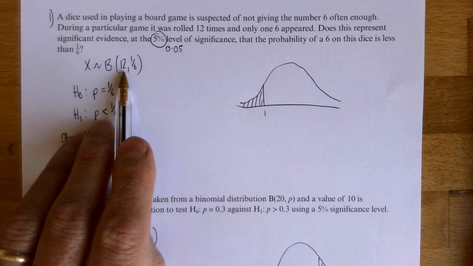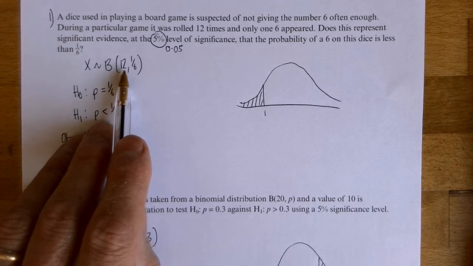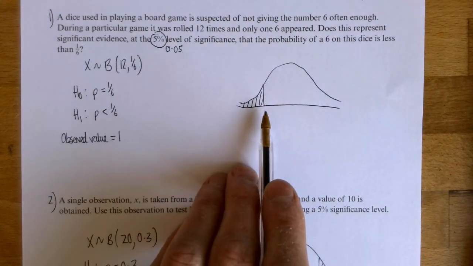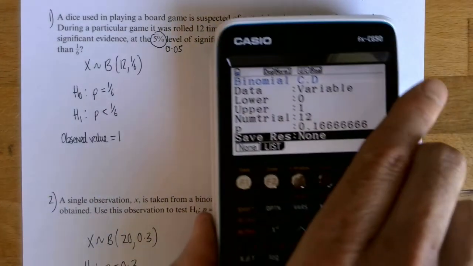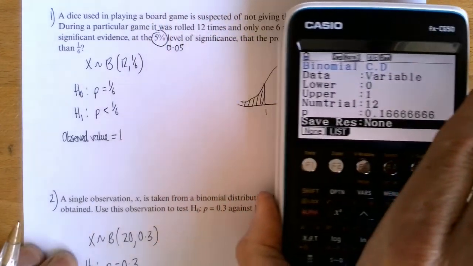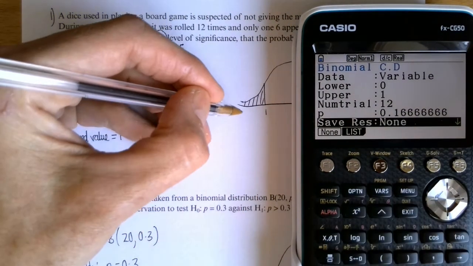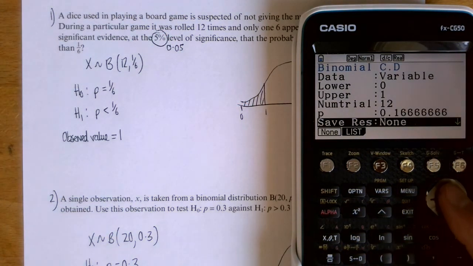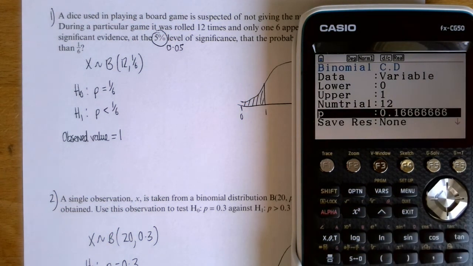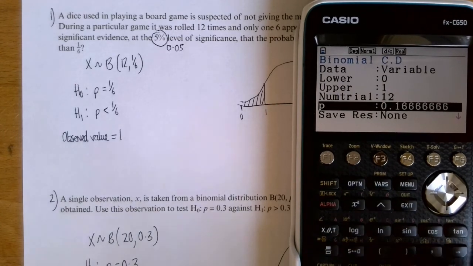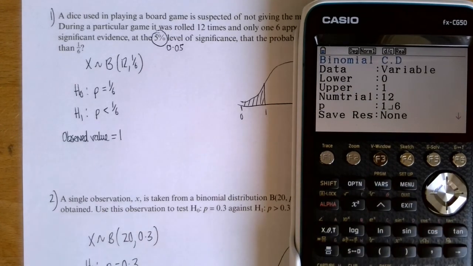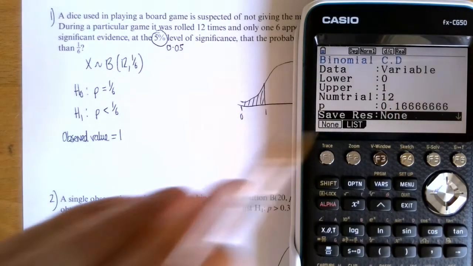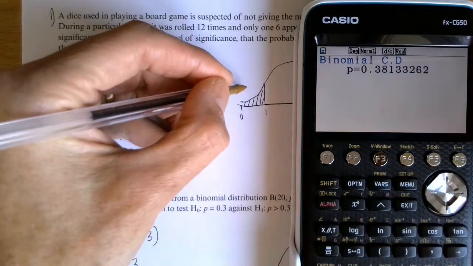I know that with 12 rolls, I would expect the peak would be at 2, wouldn't it? So is 1 unlikely enough? So I've entered the values onto the calculator. I want the probability of 0 to 1, not just 1. I want all of those probabilities there. To enter 1/6, the fraction button doesn't work as it does normally, does it? You have to do 1, fraction button, 6. You can't hit the fraction button first. Anyway, so 0 to 1, here's my probability,